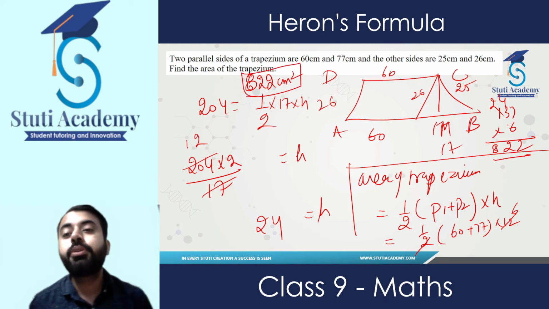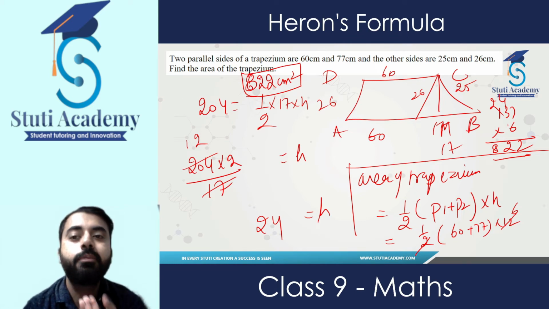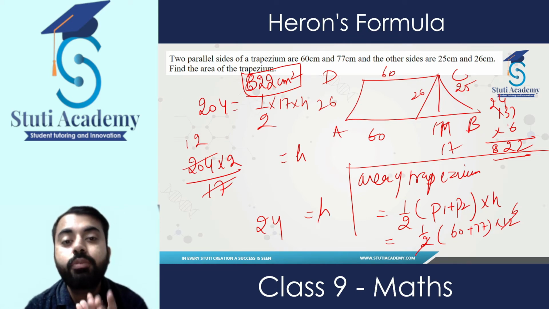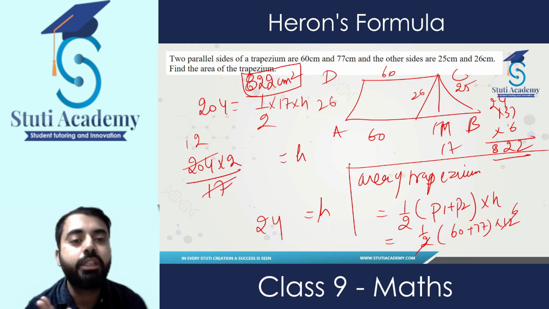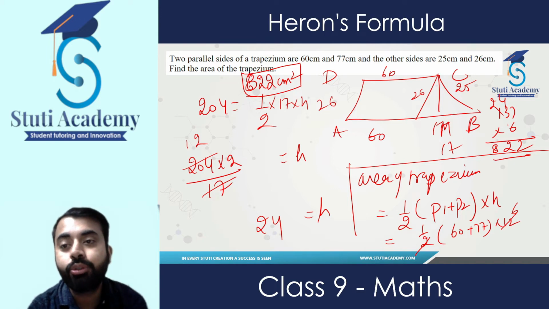It was given to you that I had the trapezium ABCD and its two parallel sides were 60 and 77. Its non-parallel sides were 26 and 25 respectively, or you can say 25 and 26 respectively. So to your choice, you can measure any of those to be either 25 or 26. Now know this, whenever there is a trapezium and there is no height given to you, what you have to do is